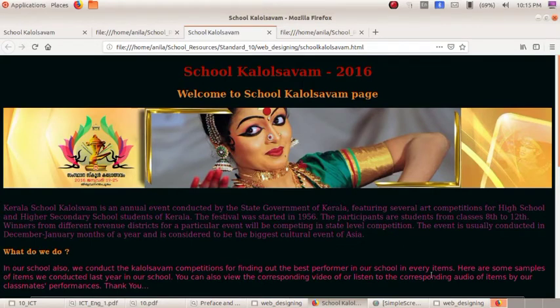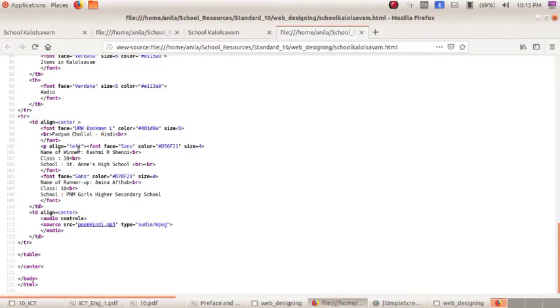Then there are a lot of effects or a lot of things that we have done in its background like this. Okay, font face, we have changed the font face, then font color, then font size. So we have made a lot of changes in the background to make our web page more attractive.